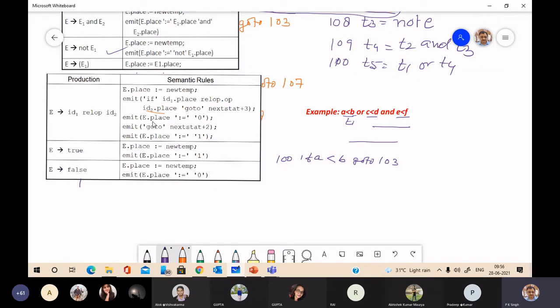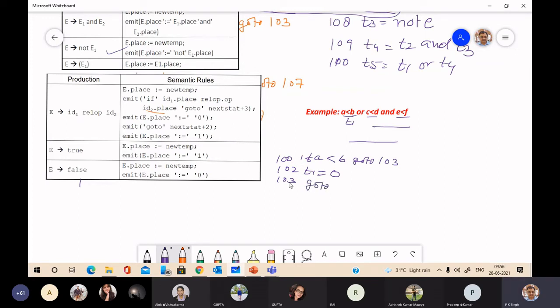And after that, E place is T1. You have just generated 102: T1 is equal to 0. Then 103: go to next state plus 2.